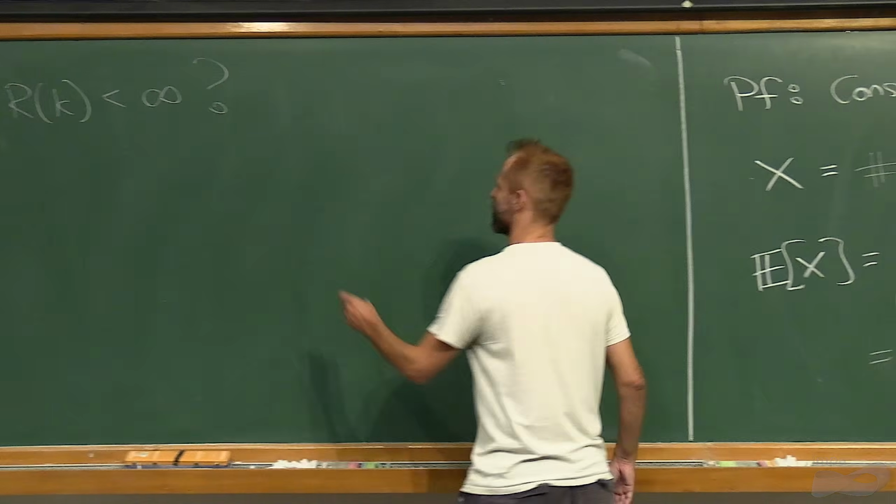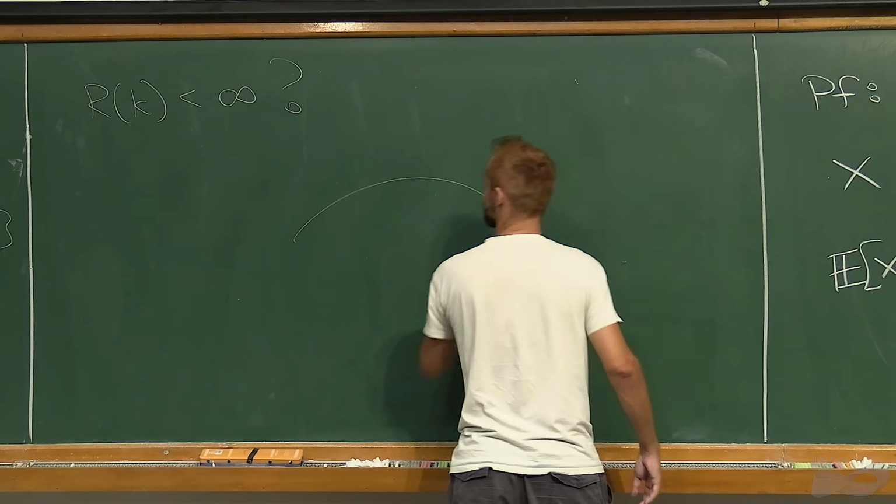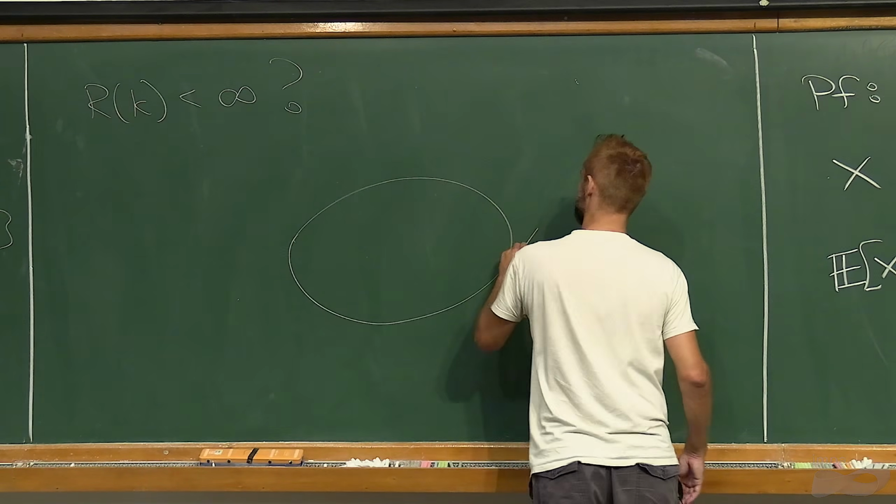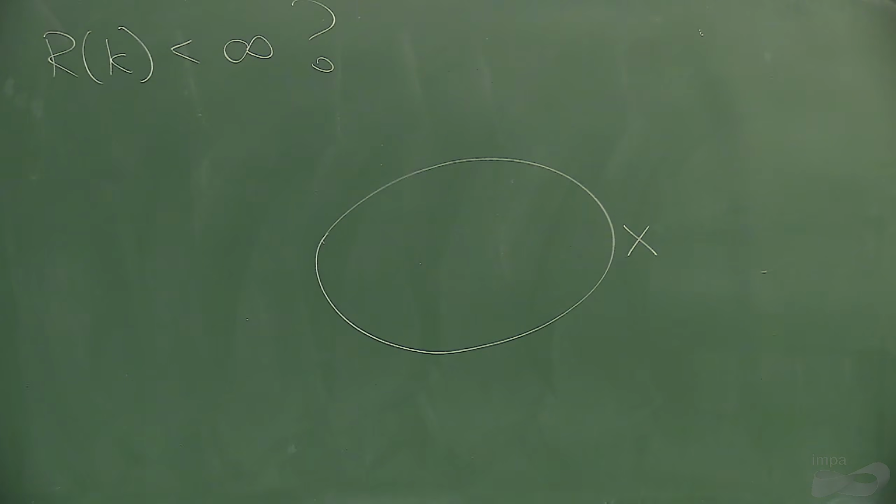Okay, so here's the proof. We're going to start out with a set x. Now, sorry, x is going to be a set rather than a random variable. At the beginning, it has all the vertices. Okay? And we're given some coloring, some horrible coloring by our enemy. And we're going to find this monochromatic clique.